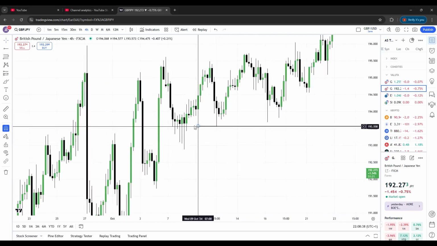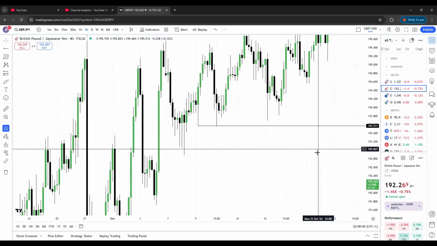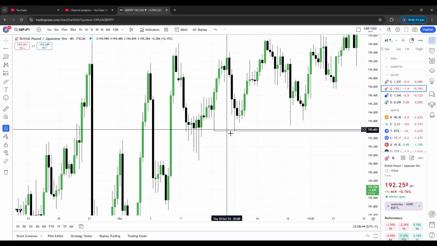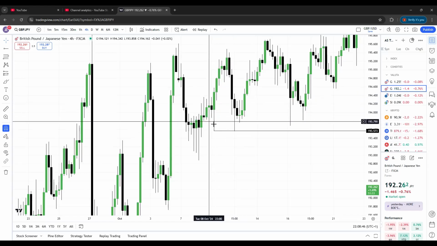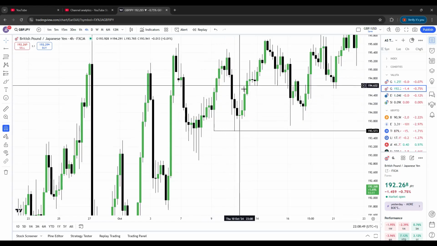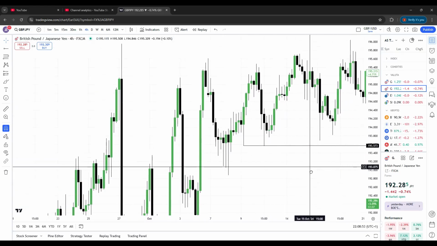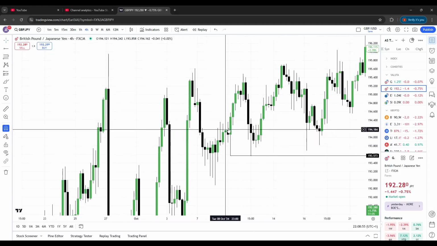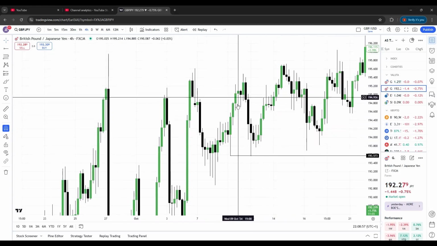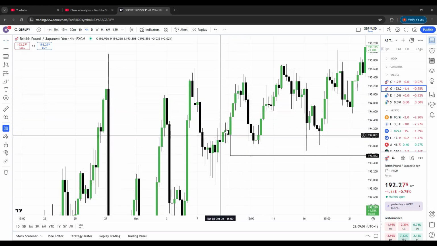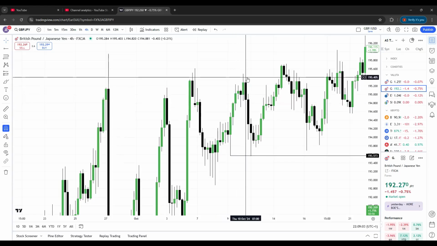So that's where all the liquidity is placed. We can see right here we make a swift, quick move up, to then come down. So for example, we see a move up, people enter on this move up. People think, oh, we're going to go further up,